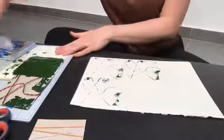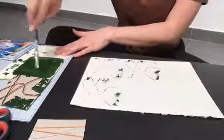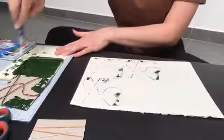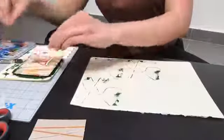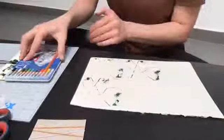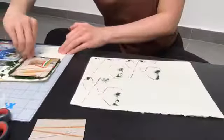Okay, I like to do at least 4 prints just to kind of get the lay of the land. Again, I'm just going to even out my ink pad. Give it one last testing go here. Okay, great. Peel this up